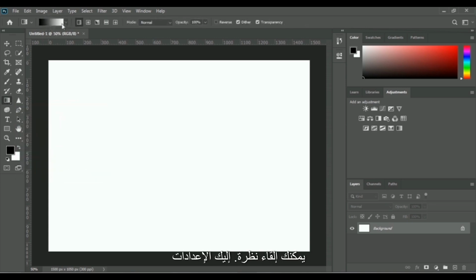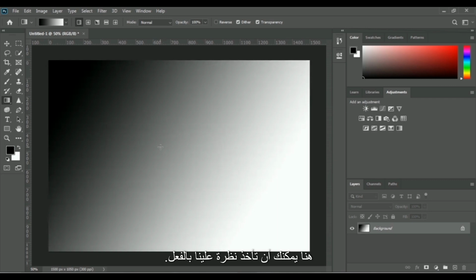Here are the settings for gradient. If you use the latest version of Adobe Photoshop, then you will get different types of presets for gradient. So let me show you how you will draw a gradient in this blank document. You just have to draw a line for creating gradient in here, and you can take a look. We already have the gradient in our blank document,